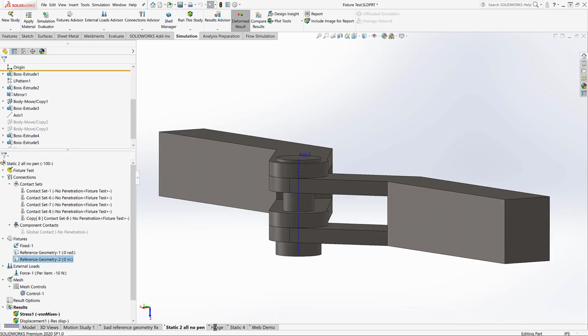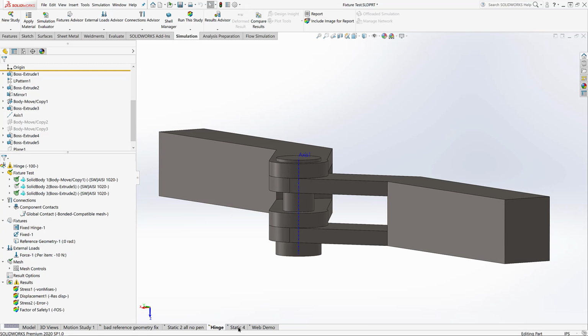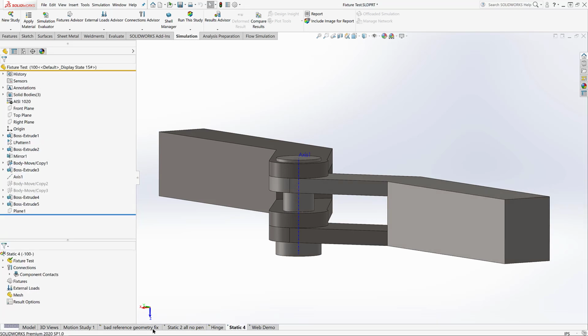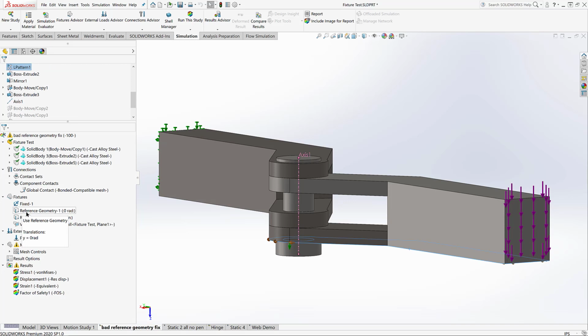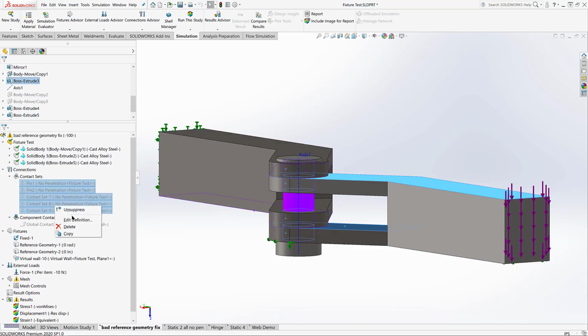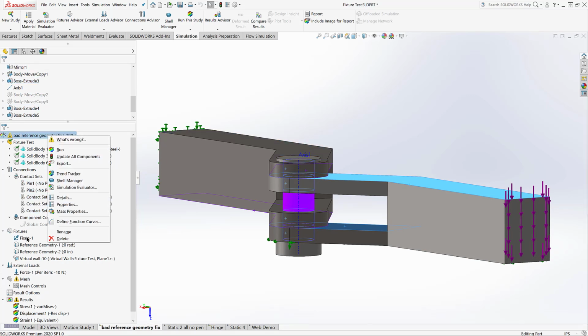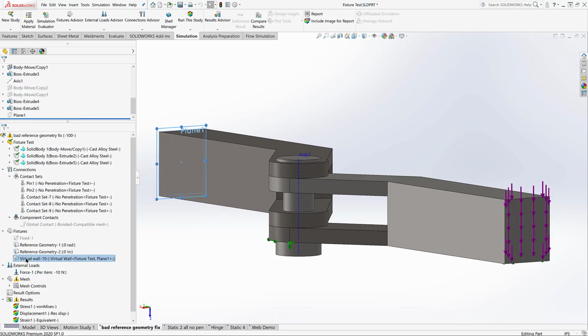Let me go to the configuration for my virtual wall. I think it's a nice static 4. It's in the bad reference. Awesome. All right, let me make sure these guys are all set. Remove this. Unsuppress these guys. Cool. And I'm going to remove this fixed geometry and essentially just create a virtual wall to